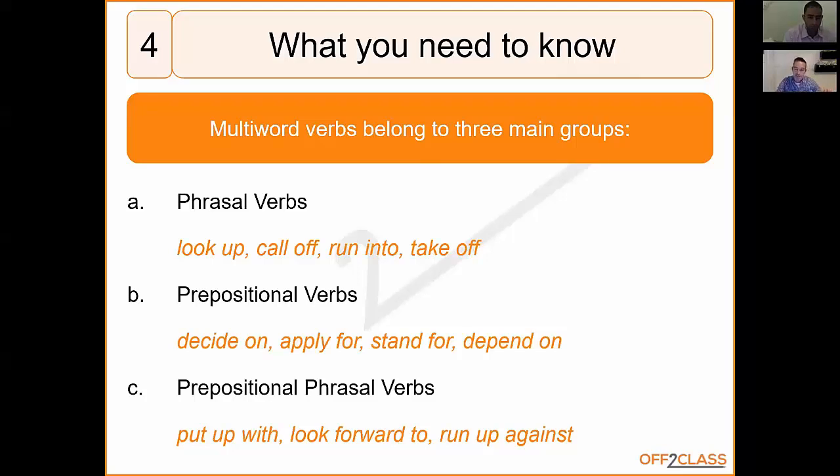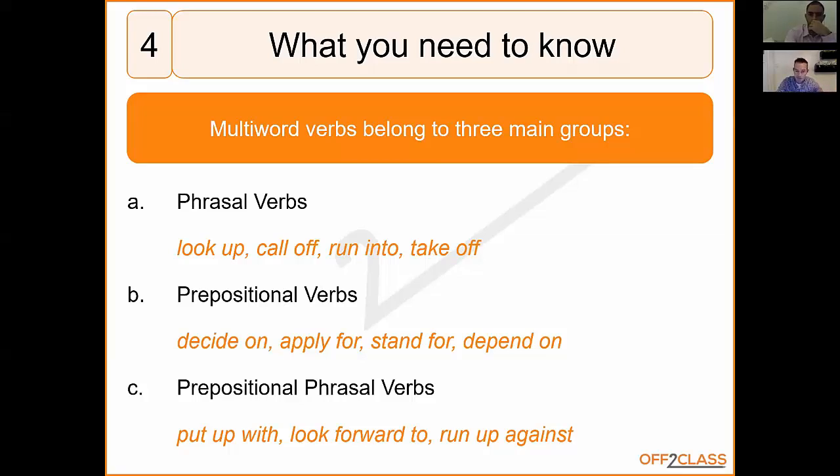This distinction might only really be relevant as you approach a higher level of written proficiency, but I think it's important for students to know. The last group of prepositional phrasal verbs generally has two, and there can even be three elements in the sentence. The ones we are very familiar with are put up with, look forward to, and run up against, perhaps not so much. They're a smaller group, but it's good to recognize them because one of the biggest mistakes that students make is to simply drop one of those elements, and you end up with a bit of confusion,